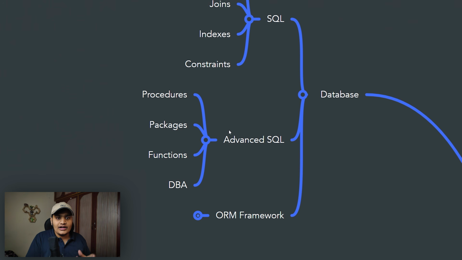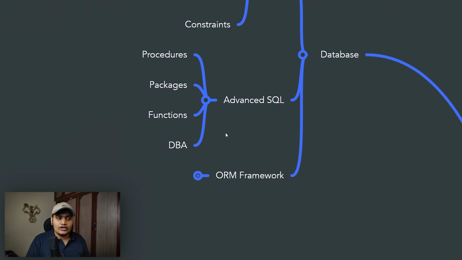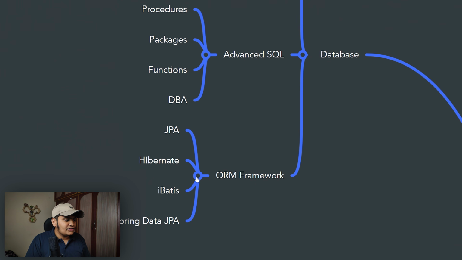Now we are working with Java. Java has to connect to the database via any of the frameworks or tools available. Like by default, Java has JDBC. So JDBC will help us to connect your Java applications to your database. There are a lot of different frameworks available, ORM frameworks, that is object relationship mapping frameworks, where you will define your relationship between a class and a table. You will define that this particular class will define this particular table in my database. So for that, different frameworks are available, and you should be aware of those frameworks as well.